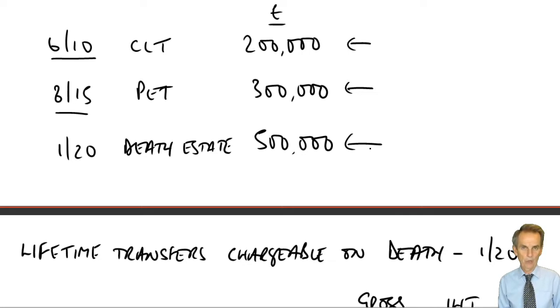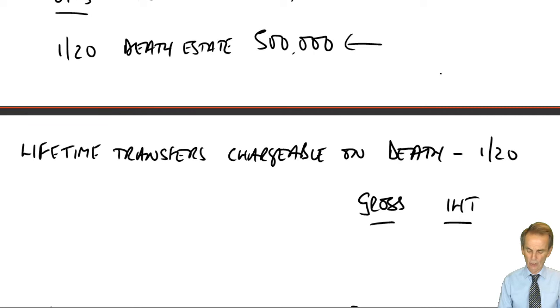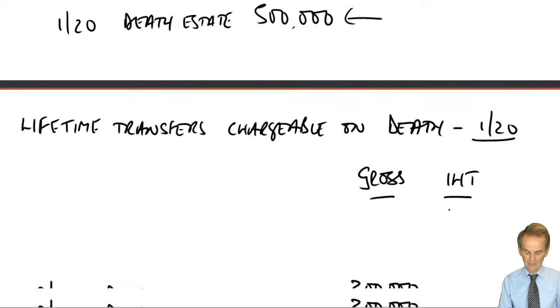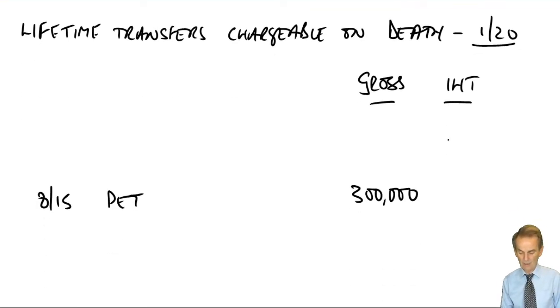The first computation to have been prepared would have been that of chargeable transfers. We know those figures. We would then have done lifetime transfers chargeable when made. That was the CLT, but because the figure was itself within the then available nil rate band, there was no tax to pay. And so we come to lifetime transfers chargeable on death. The date of death, January 2020. As we already know, we go back 7 years from that date, back to January 2013, then come forward from that date, looking for the first lifetime transfer falling within the 7 years from the date of death. That amount was the August 2015 PET of